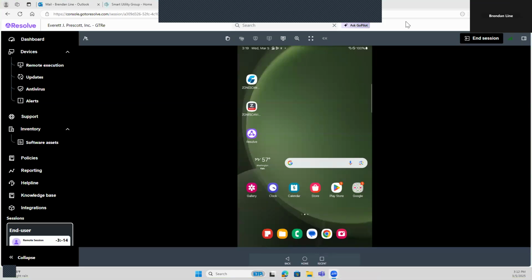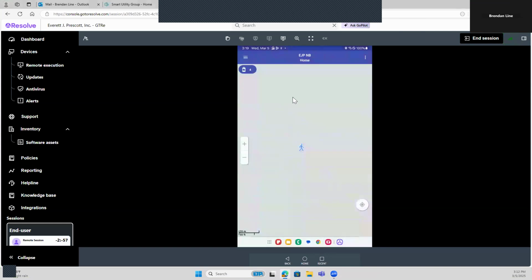Hello everyone. Today's mini tutorial will be how to move loggers from one area to another in Zonescan Install. So on your Android device, go ahead and find your Zonescan Install app. Open that up. And the very first thing we're going to need to do is go into our project management